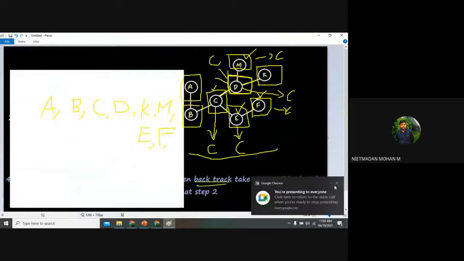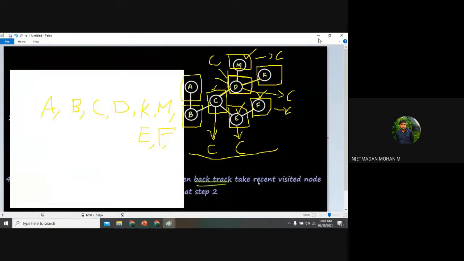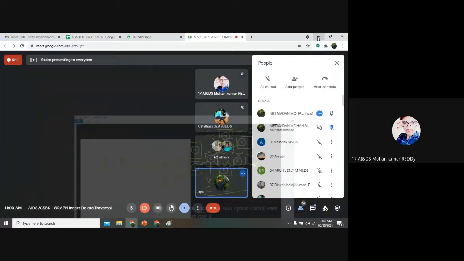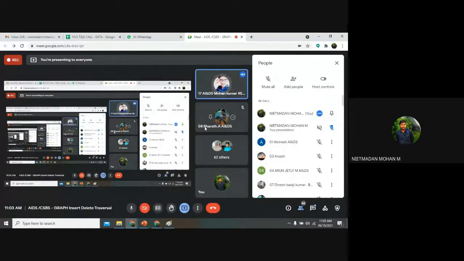Are you clear about this traversal technique? Yes, sir. So based upon this, node insertion, inserting an edge, creating an edge, deleting a node, deleting an edge, and the traversing method, all these lines of code will occur in a single program, right? That we will discuss next week. Next week, most probably the syllabus will be completed with only one program. The remaining topics will be covered, and each individual module will be discussed in particular classes, not in the same class.